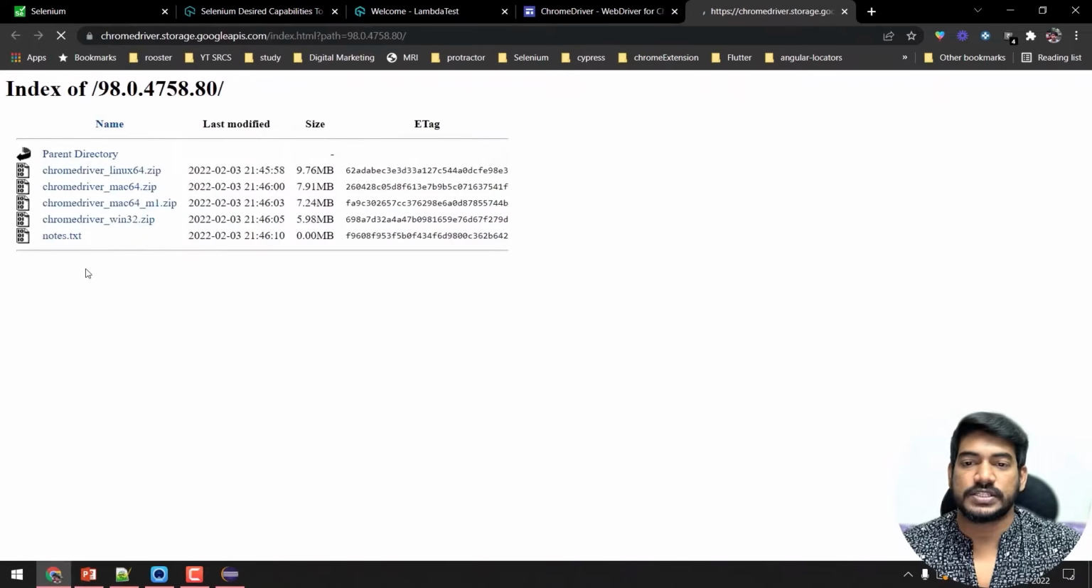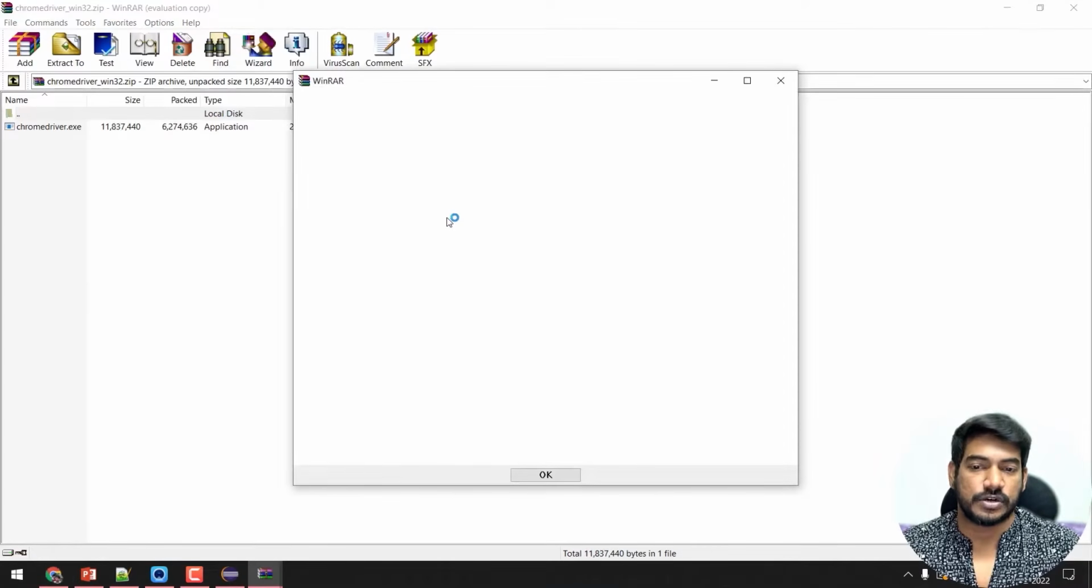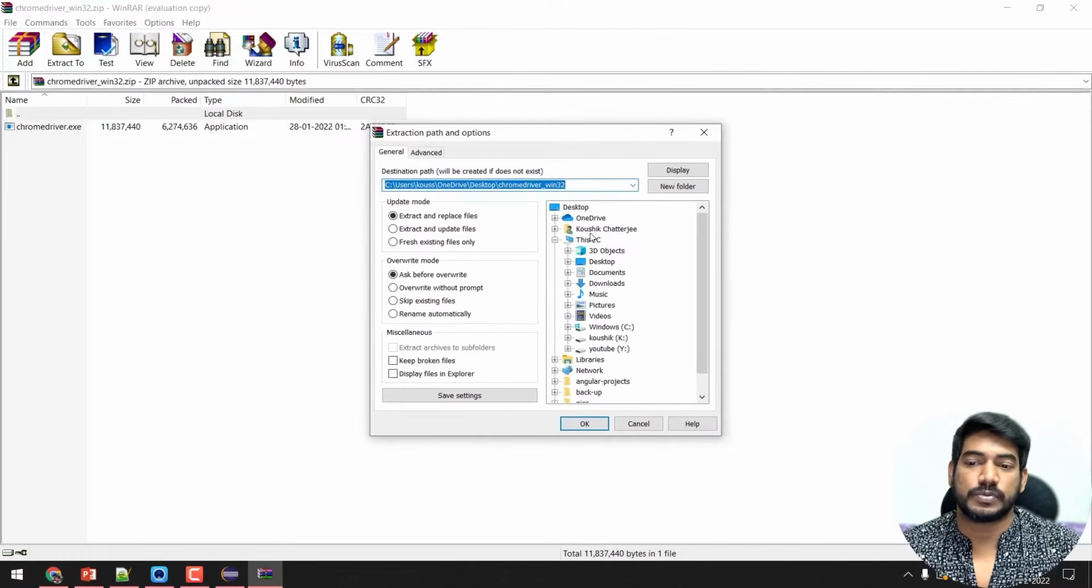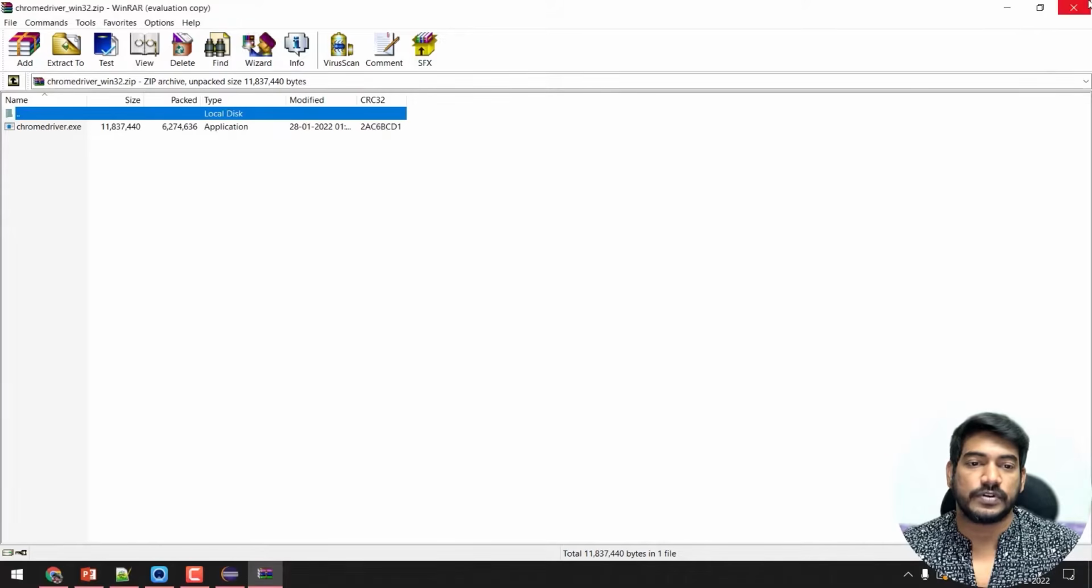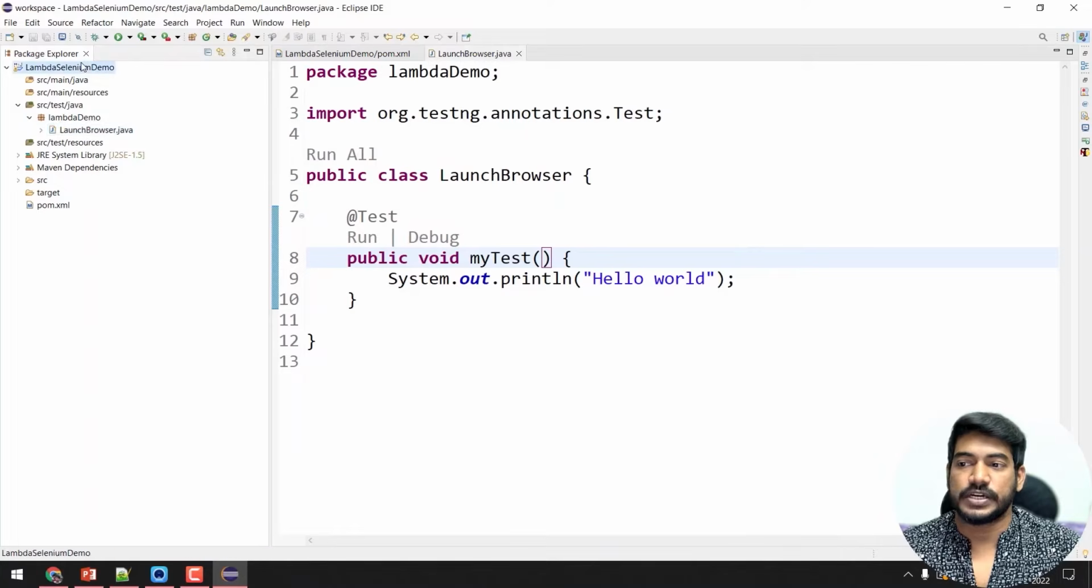And here we can see we have for Mac, Win32 and Linux. I'm going to click on the Win32 and let's extract this on our desktop. We cannot directly extract to the Eclipse, so I'm going to extract this to my desktop first, and from the desktop I'm going to place it in my Eclipse. So within the Eclipse I'm going to create a folder first